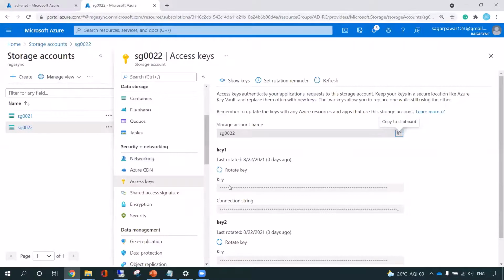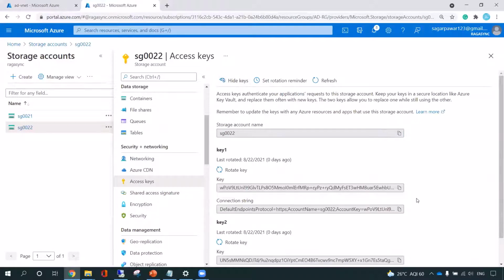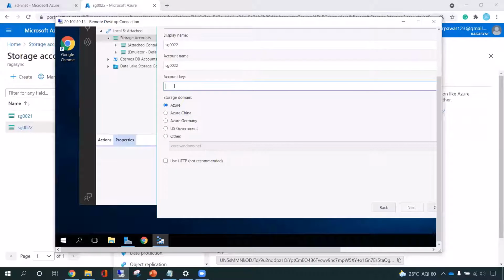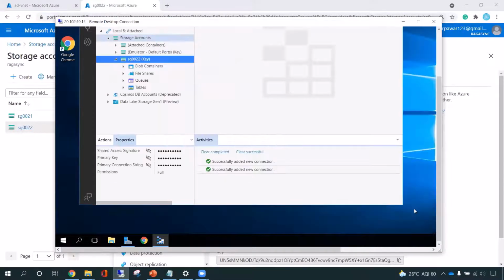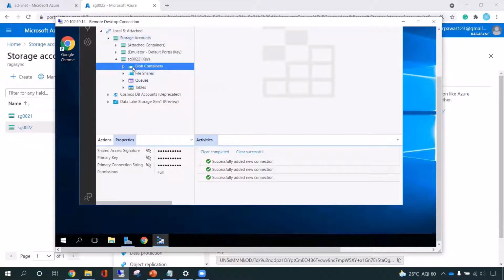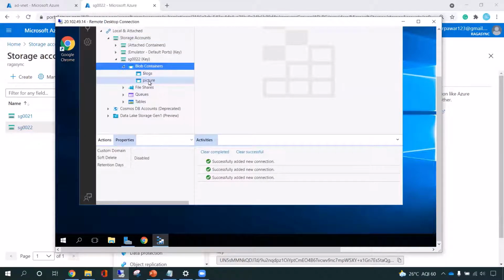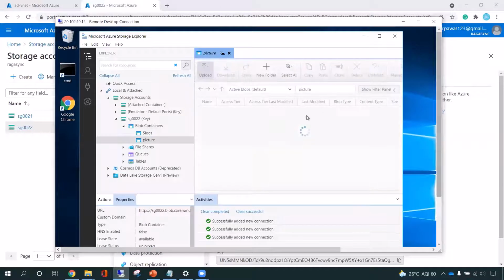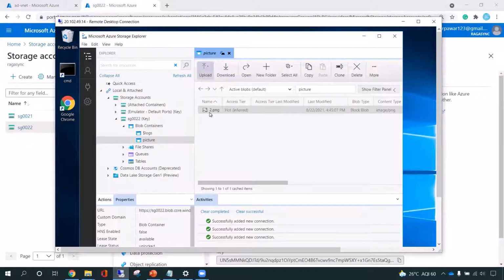Account key: I have to go back here, show keys, copy this, and paste it here. Next, connect. Can you see this? Now I'm able to connect to this picture container having this PNG file inside. So this is how we can connect to the storage account via service endpoint.